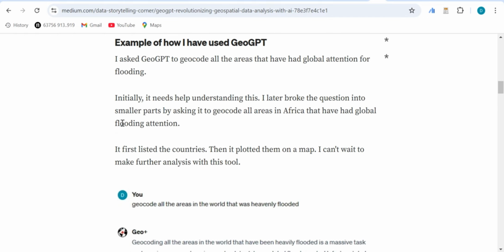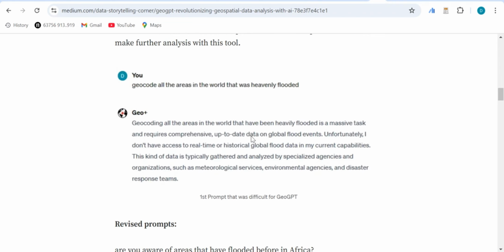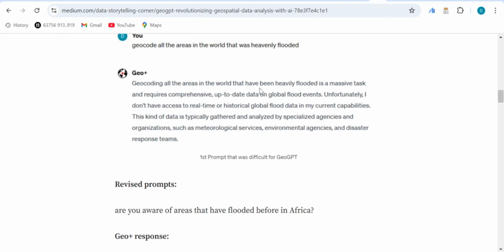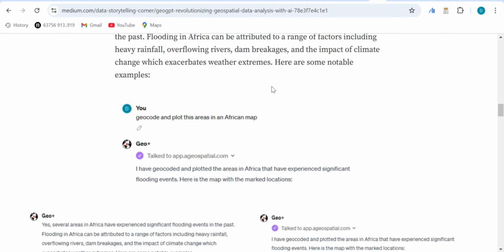So here I explained what I asked it to do first. I said, geocode all the areas in the world that were heavily flooded. I think that month there was a lot of flooding, so that is why I didn't specify. But you see that here it didn't make any sensible output. It gave reasons why it can't do it, because it can't access real-time or historical global flood data. So I revised the prompt and specified it to Africa, and then now it said yes. So it gave me some areas,